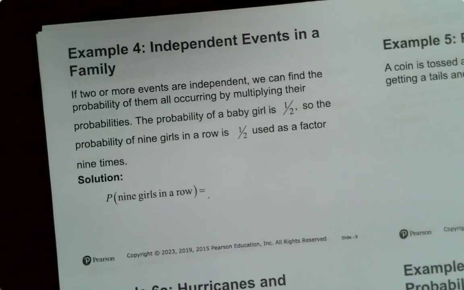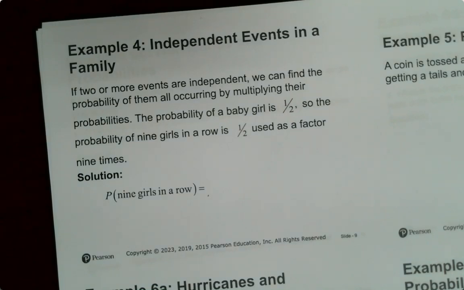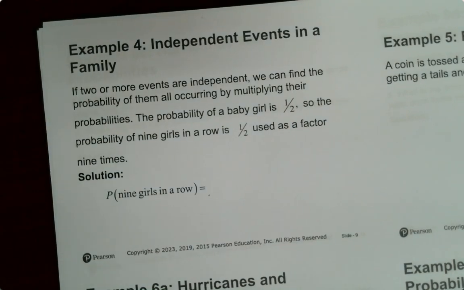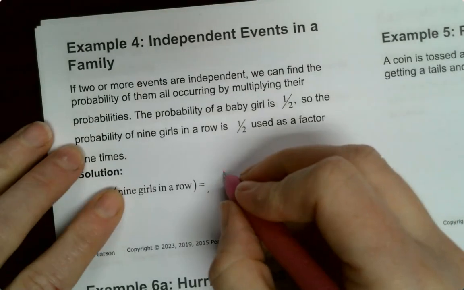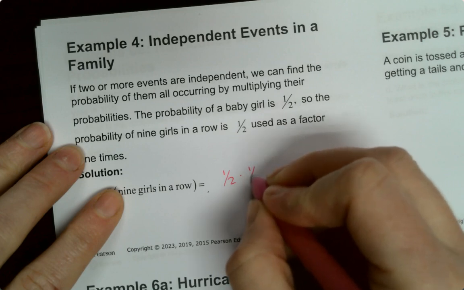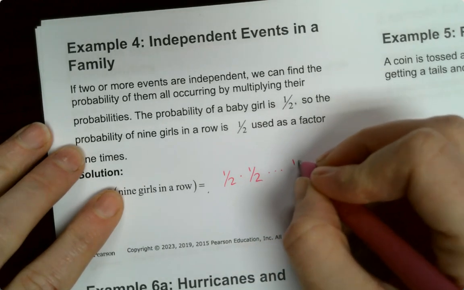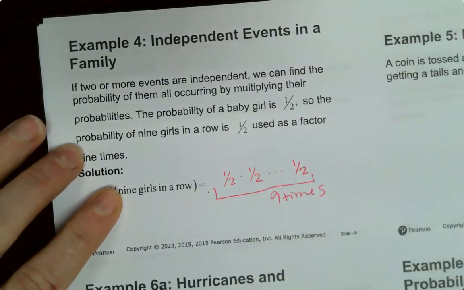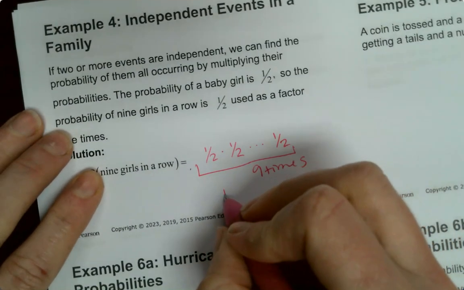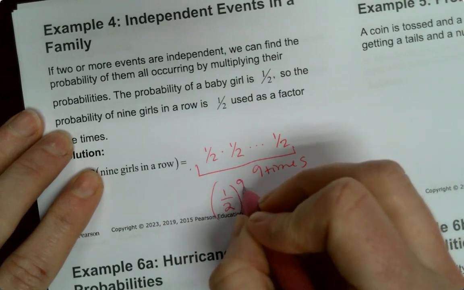All right, let's look at independent events in a family. If 2 or more events are independent, we can find the probability of them all occurring by multiplying their probabilities. Probability of baby girl is 1 half. So the probability of 9 girls in a row is 1 half used as a factor 9 times. So 9 in a row. So it'd be 1 half times 1 half, times 1 half, 9 times. But an easier way of writing that is 1 half to the 9th power,